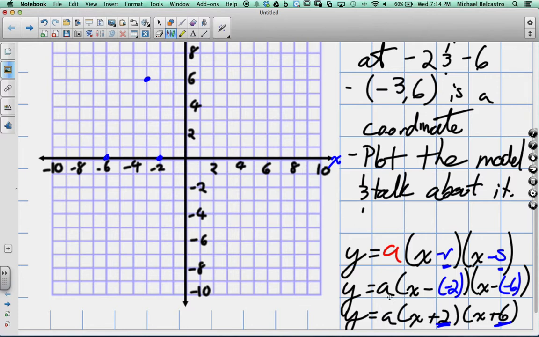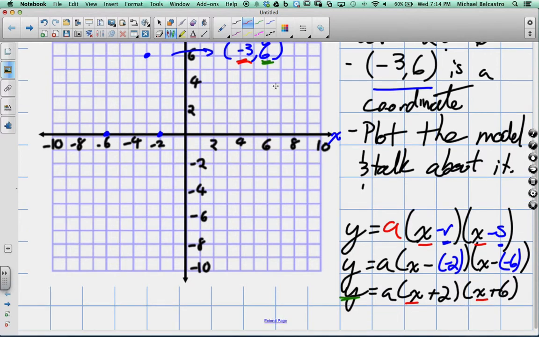The only other variable we don't know is this a, but we do know a coordinate, and this coordinate here, which is -3, 6, is really important. That is a y and an x value. So here's my x, here's my y. I can replace the y in the equation with 6, and I can replace the x in the equation with -3. So our y will become 6, which will help us isolate for a. Our x becomes -3, so -3 plus 2,